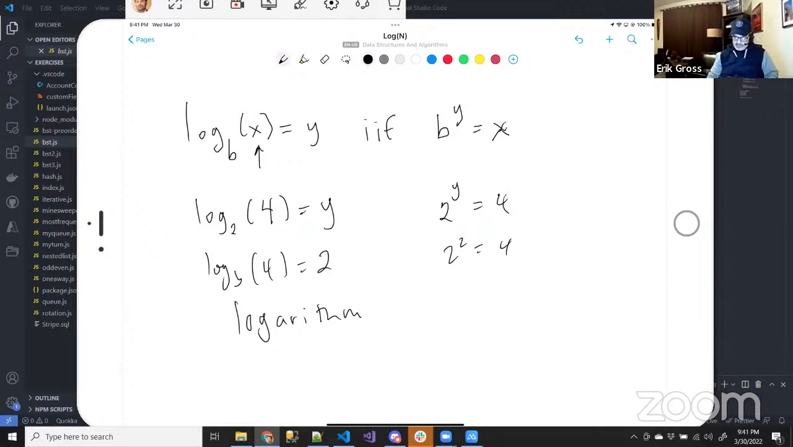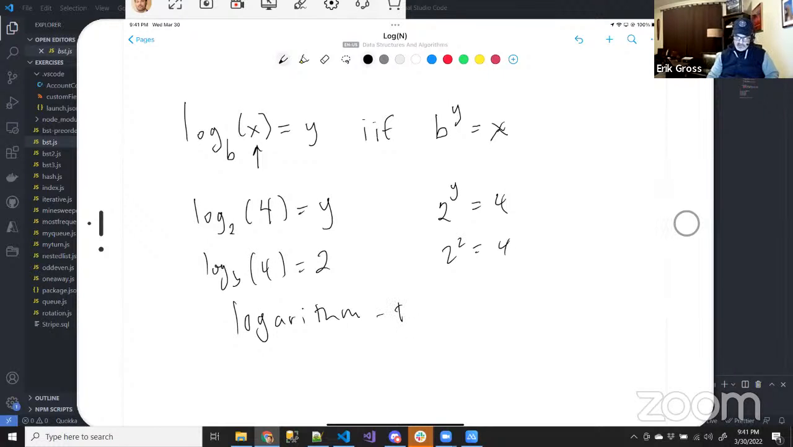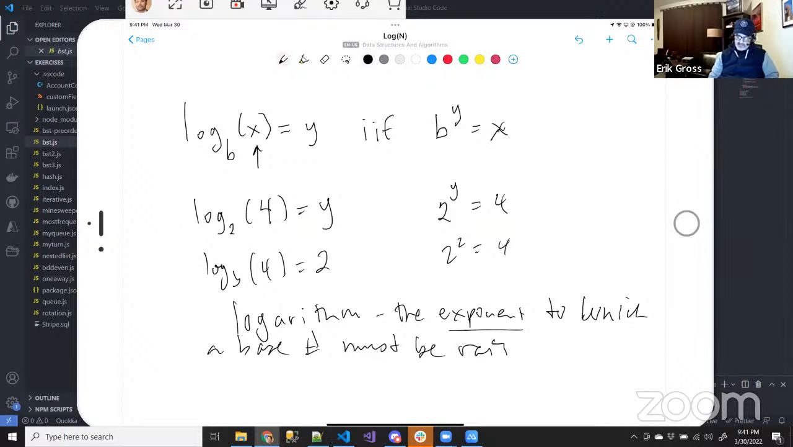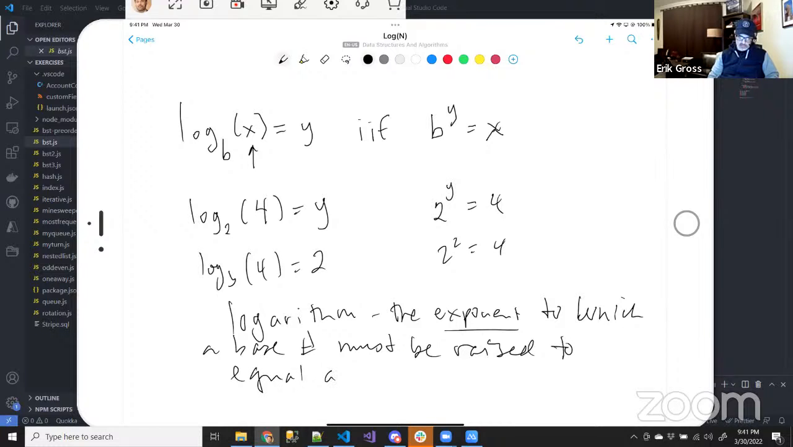And it says: the exponent to which a base number must be raised to equal a given number. And let's circle some of the things that matter here. The exponent,